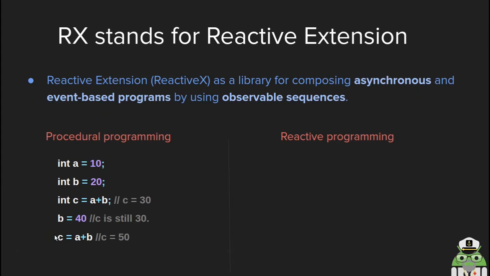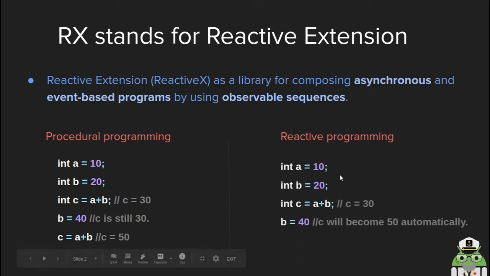But let's say you are using c in a class at multiple places. Everywhere you have to go and update the value of c, and that is going to take some time. In reactive programming, if I have the same three values a, b and c, where c depends upon these two values, and I change the value of b, c will automatically become 50. I am not giving you the implementation, just a normal example to show how reactive programming works. We'll see the implementation in the next video.